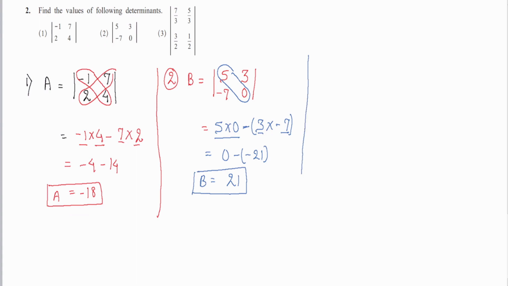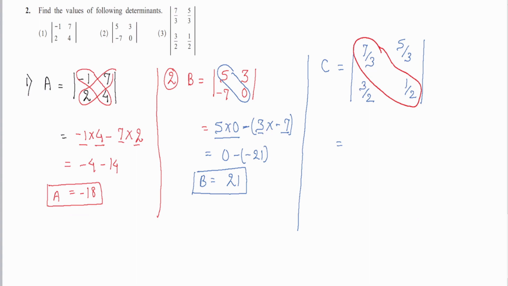And the last question, that is third one. Let's suppose this is C, 7/3, 5/3, 3/2 and 1/2. Same here also, it will be multiplied. This 2 will be multiplied and this one will be subtracted. Okay, so it will be 7/3 multiplied by 1/2 minus